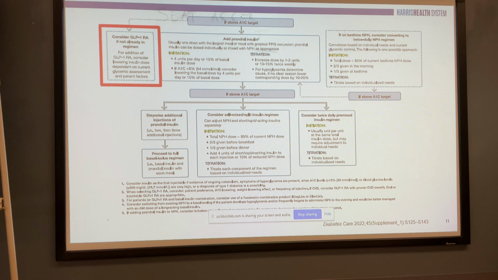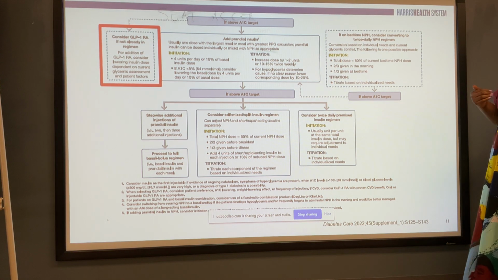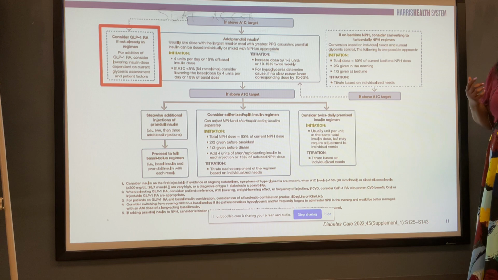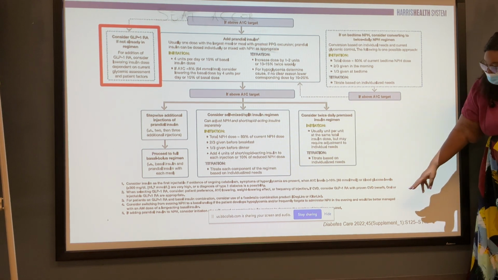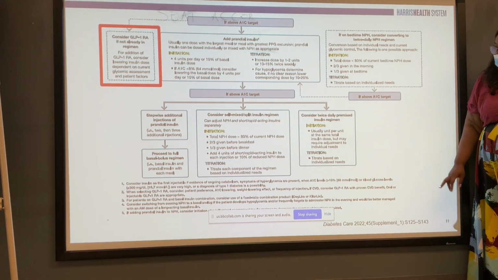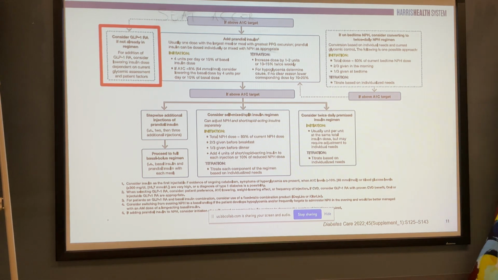And in the algorithm to the side, it can also work the other way. So let's say the patient's already on insulin, never got a chance to try GLP-1, they're not meeting their target. You can add a GLP-1 to insulin therapy. So as you guys are studying for your courses, just read the fine print. I also recommend reading the subheadings sometimes because they have extra information that's not listed in the charts when you're